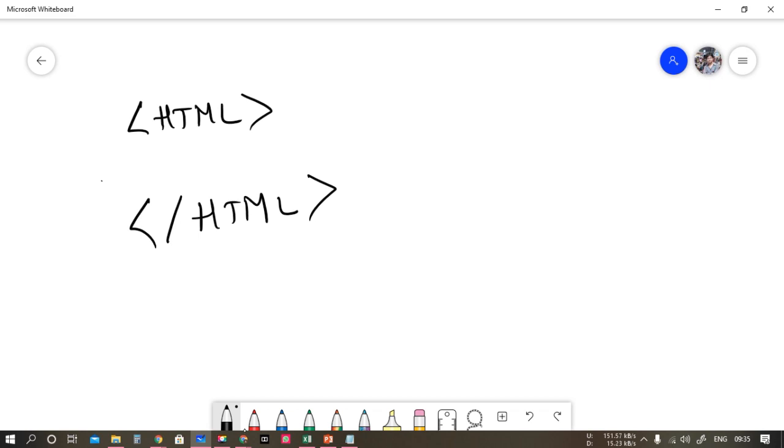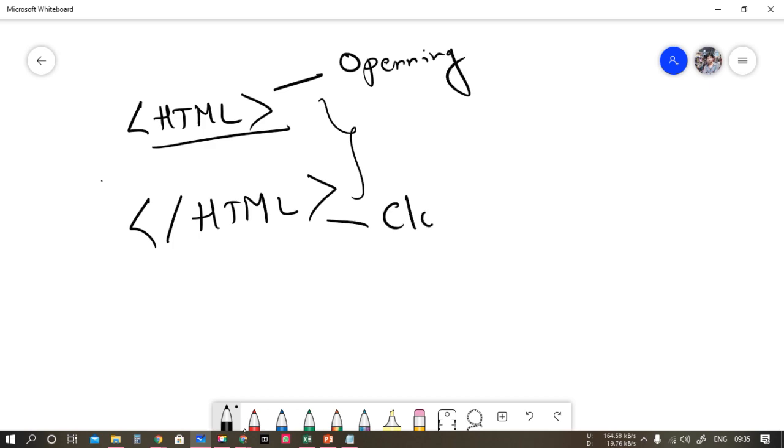Okay, these two things are a must. Just think of it like this is an opening bracket and this is a closing bracket.